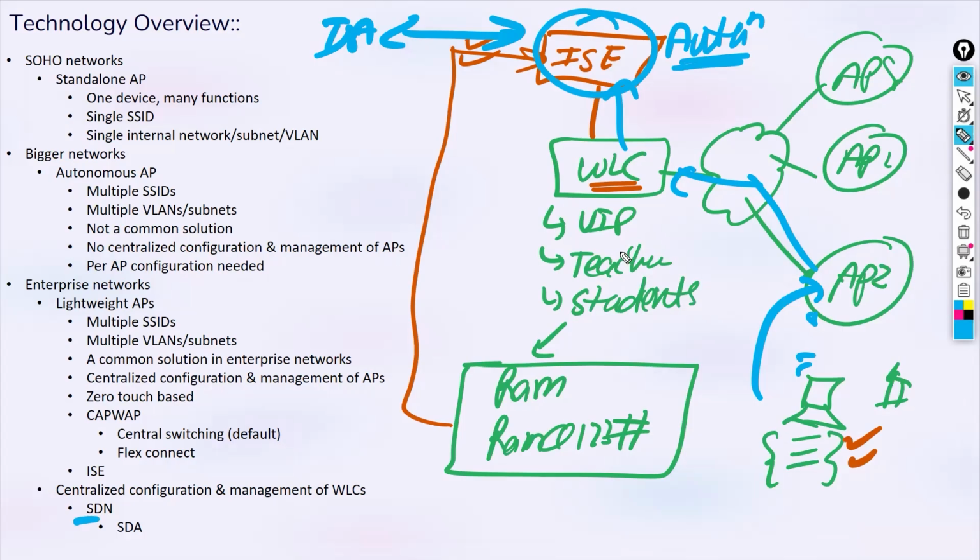So what I was saying, one advantage that ISE provides is something I cannot get without ISE. Let's talk about that, and that will give you clarity of the concept. So for example, let's say right now I need different WLANs, all right? For that, I need different VLANs, and different subnets. And if you are doing it based on WLC, with no ISE involved, then you need to configure those WLANs and those VLANs, all of them separately, right? If you have 5, 10 different WLANs, those need to be configured.